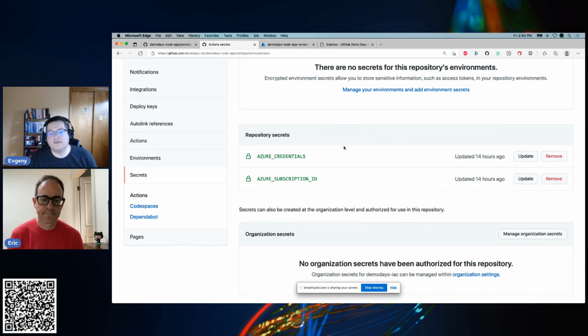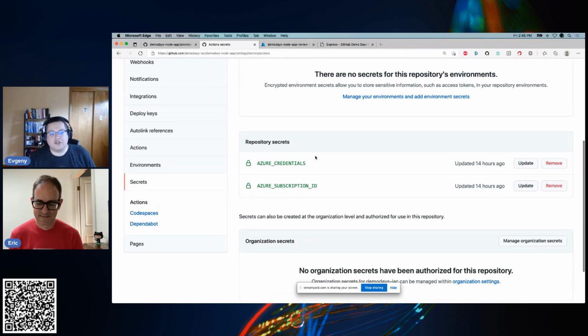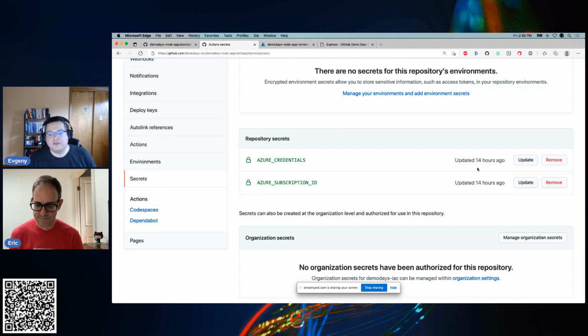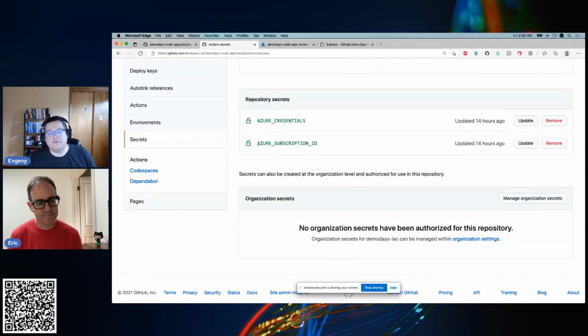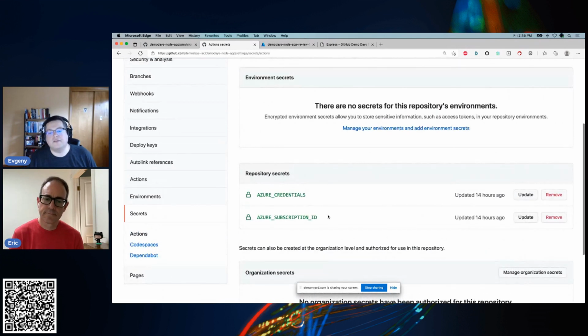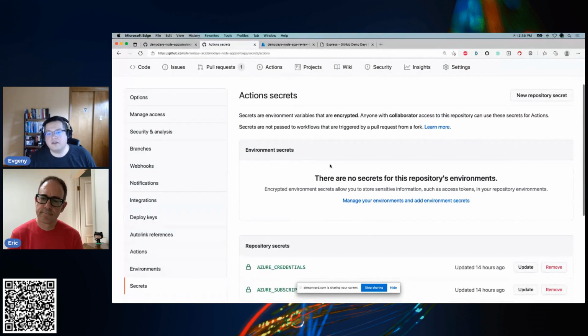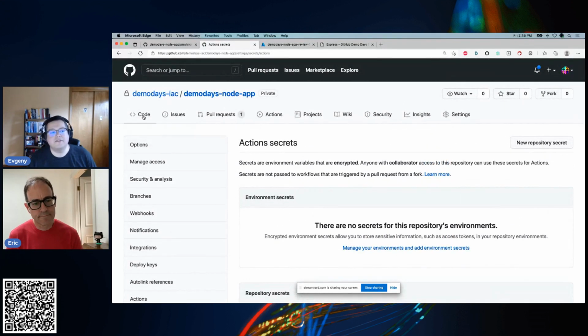Essentially, once I get these from the Azure command line, I put them in here. The Azure credentials, in this case, look sort of like a JSON entry. I'm not going to be showing you that because it's secret. But there are instructions out there on the Azure documentation website on how you generate these. And then you also have your Azure subscription ID, which again is a series of letters and numbers, like a GUID-looking string that I also update in here. Both these things have to be valid and have the right permissions, kind of like with any sort of credentials, API keys, and things like that.